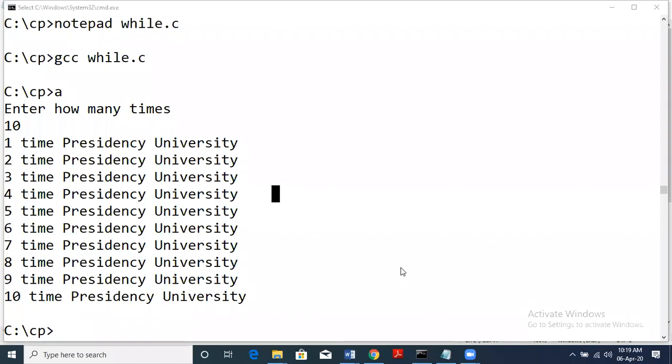In case you are not unmuted, you have the option of unmuting yourself. Is this concept clear? While loop?